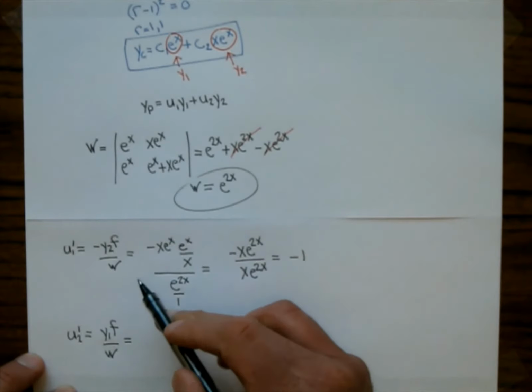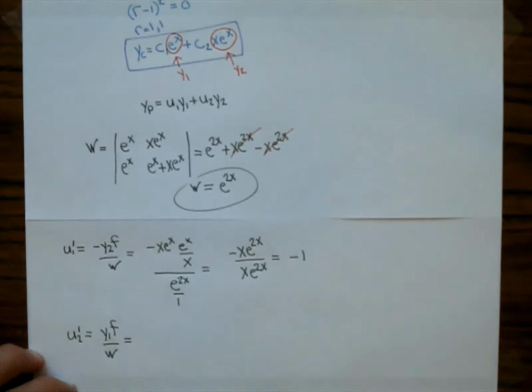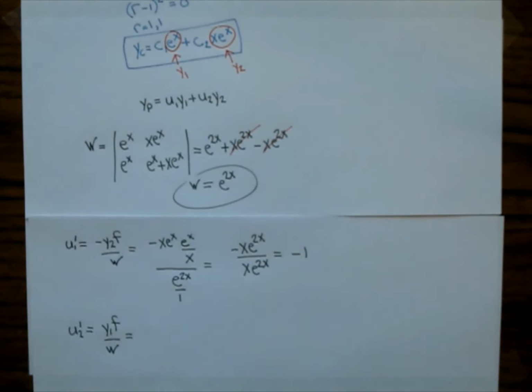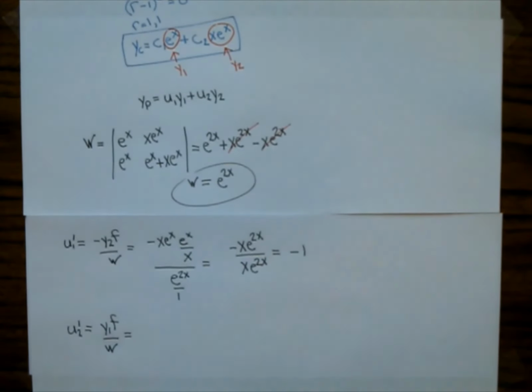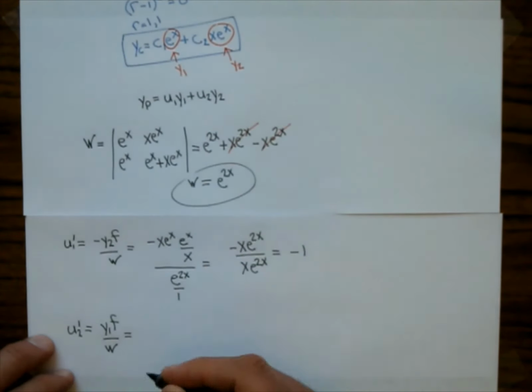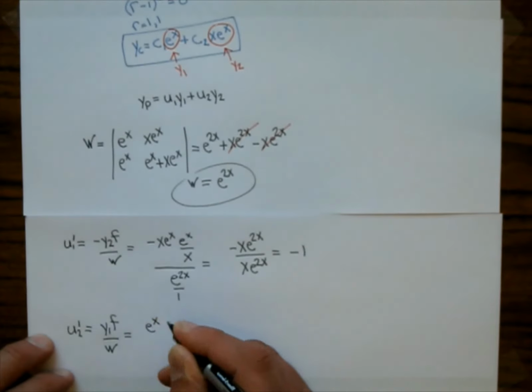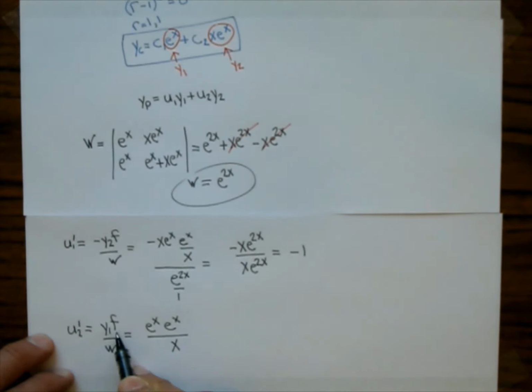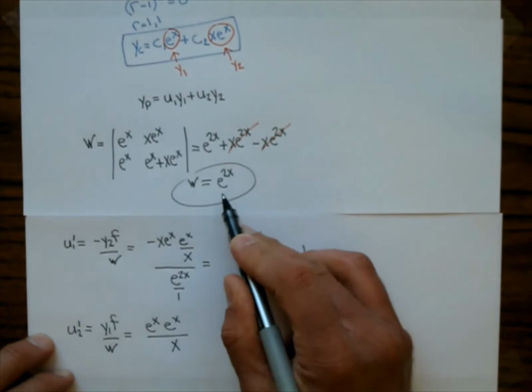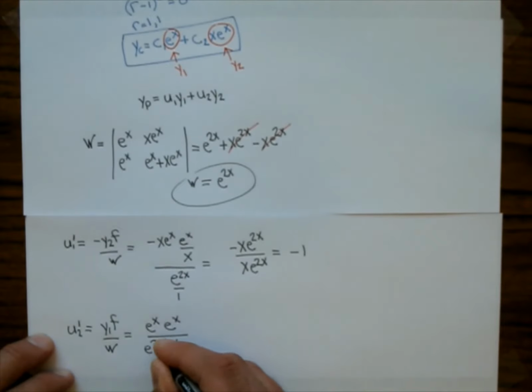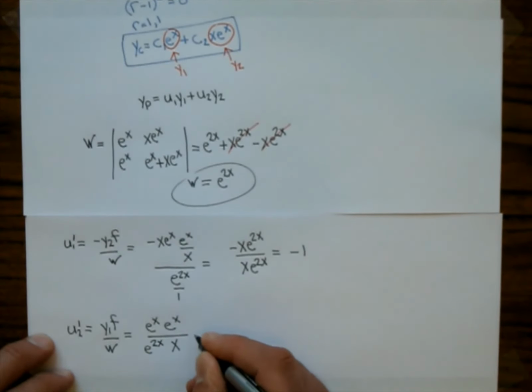y1, that is right there. That's e to the x. See how we're looking there. Okay, so e to the x. My function was e to the x over x. I'll just go like that on that one. So that's what f is. And then the Wronskian I'm going to put at the bottom, which is e to the 2x. Of course, this is going to equal